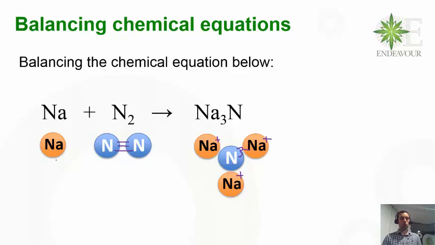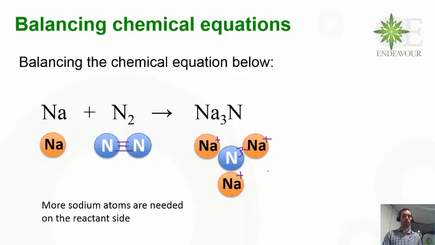Okay, so just by looking at the number of atoms on each side here visually, you can see that there's more sodiums on the product side than there is on the reactant side. Similarly with the nitrogens, there's different numbers on each side. So you can see without even doing our table that there are different numbers of atoms on each side of the equation, therefore the equation is unbalanced. So we can kind of skip step one. If you wanted to do step one anyway, you could. But let's just move on to step two, which is altering coefficients to try and actually